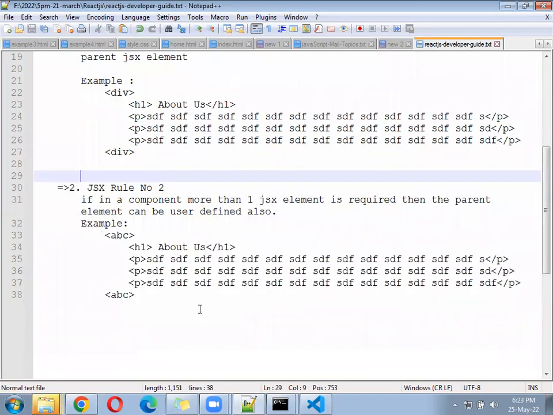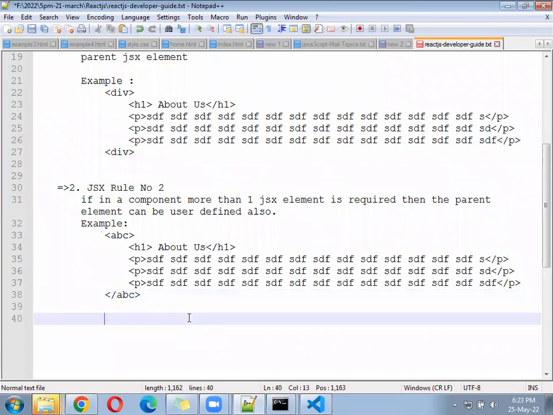Hope you are making the notes. This should be closed: ABC open, ABC closed. Coming down, the third one.